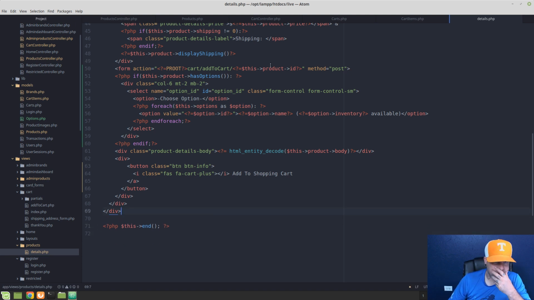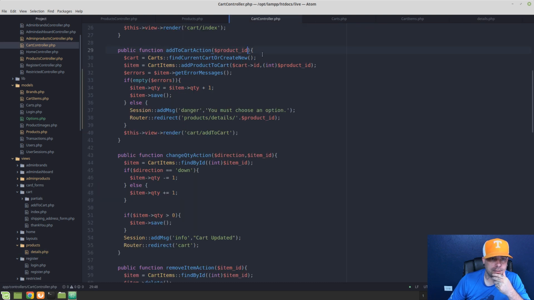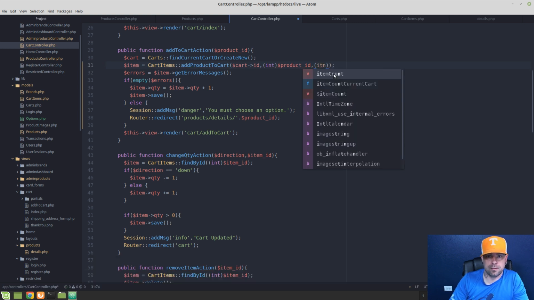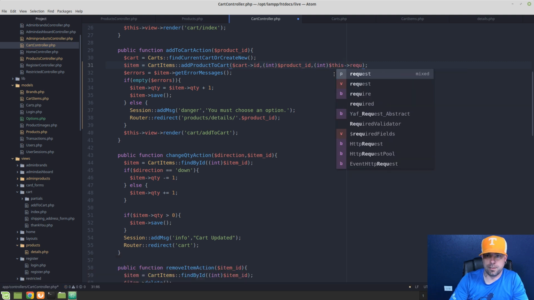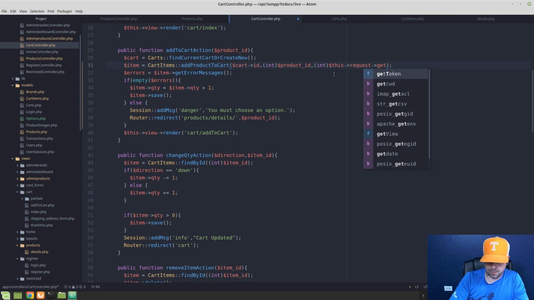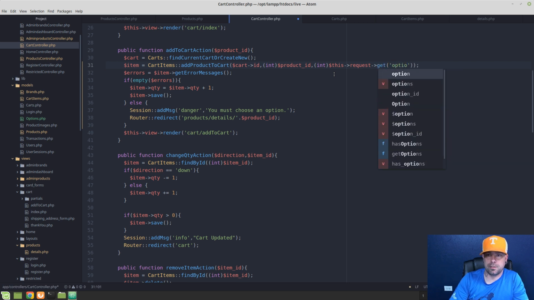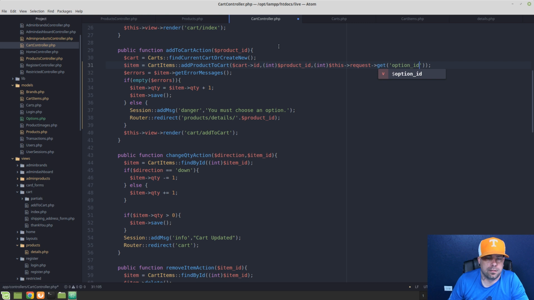Then what we can do is this is going to go to the cart controller, and we now are going to be able to pass this add product to cart. So what we'll do here is we're just going to do int, and then this request get option ID, and